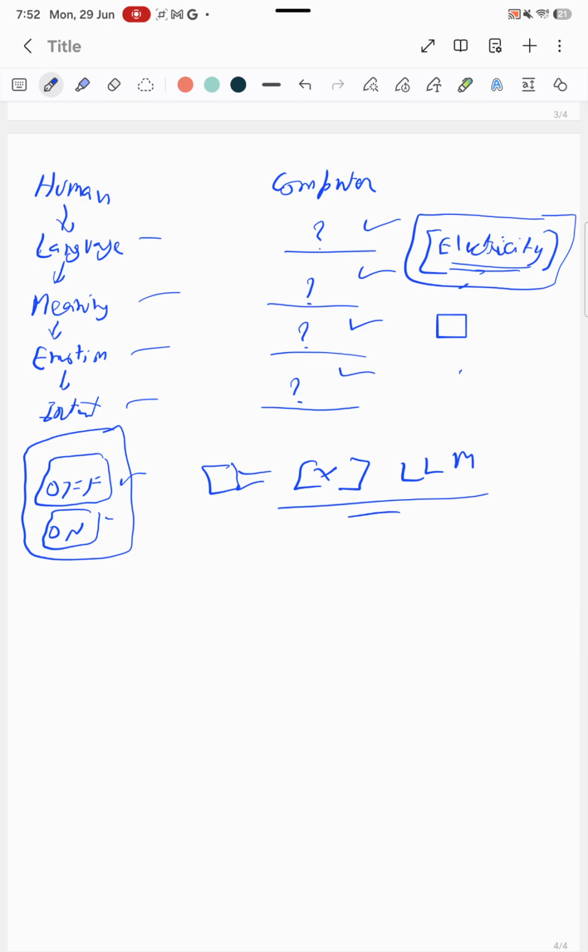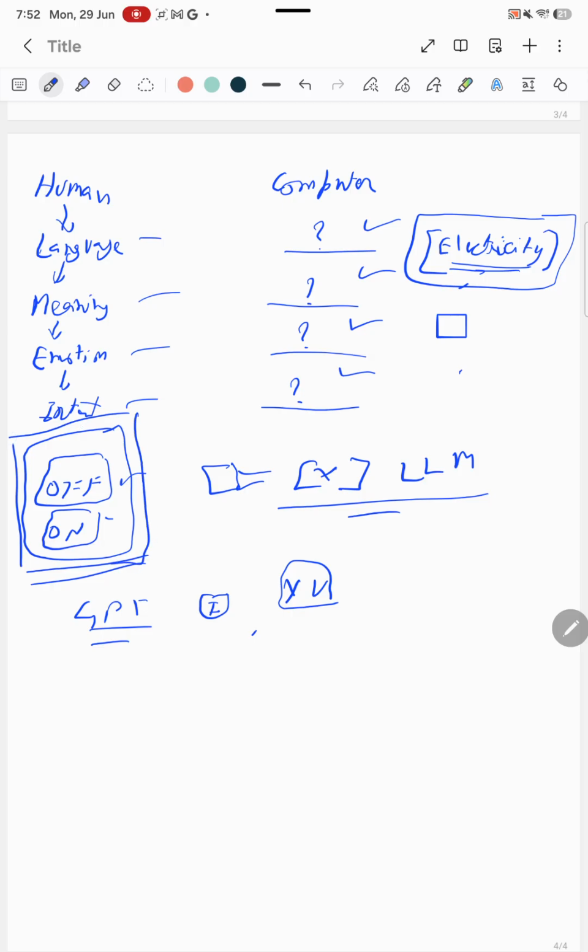Now what if I told you that every conversation you ever had with GPT, every image you ever took, or every YouTube video you ever watched is nothing more than billions of these tiny switches, on and off?